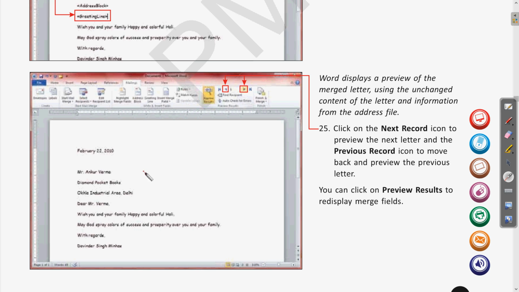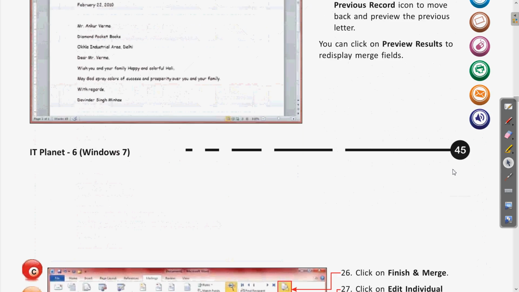So the greeting block and address block you have written from the address list are being shown, and we can see all of them by clicking on the next and previous buttons. Okay, you can click on the preview result to redisplay the merge field. So whatever we have written here, we have the preview result. If you want to redisplay the merge field, you can click again on this. Okay, so this was the step.